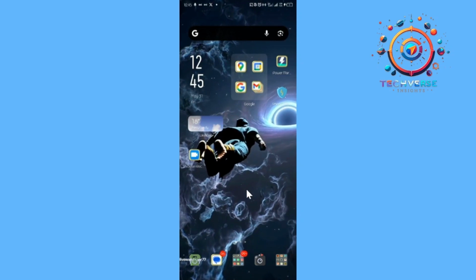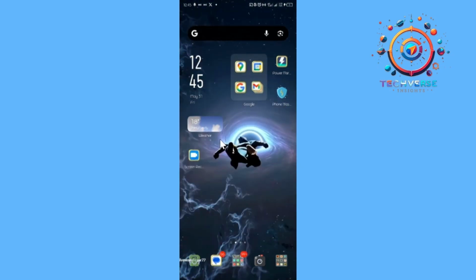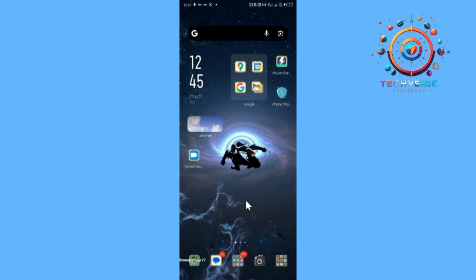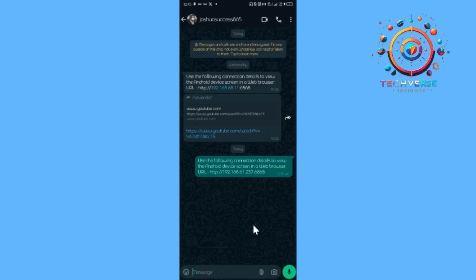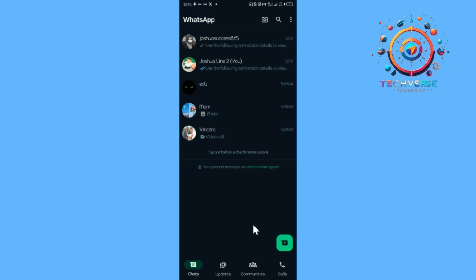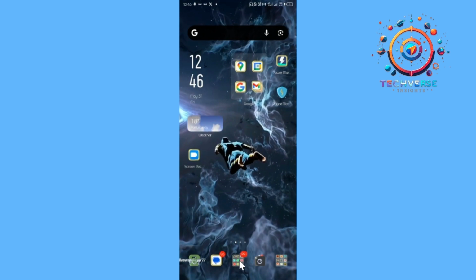Hey guys, today we're going to learn how to fix a blurry profile picture on WhatsApp, and all we have to do is to first of all check the photograph quality. If it's optimum and you are still experiencing this type of issue, all we have to do is to head on over back,